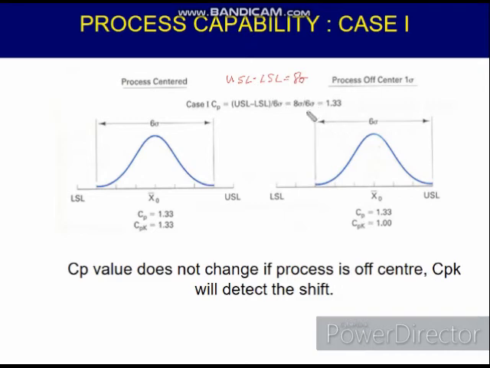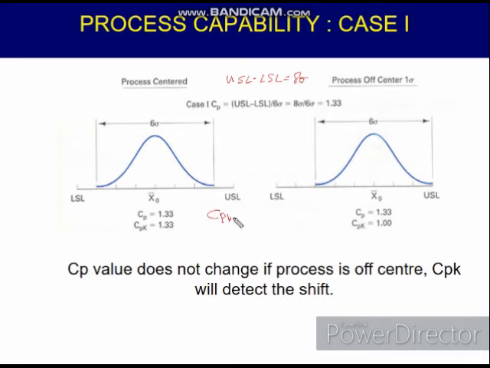So when you calculate CP, USL minus LSL divided by 6 sigma is equal to 8 sigma divided by 6 sigma, equals 1.33. So if the process is centered and you calculate the CP value, then you get a CP of 1.33. And if you calculate CPK, just to make sure that you remember how to calculate CPK,